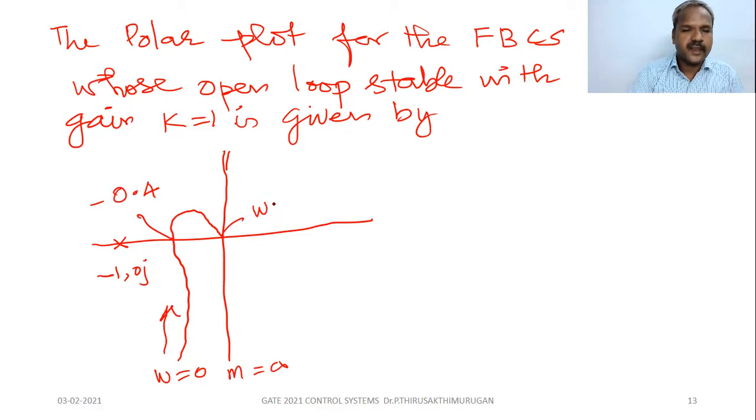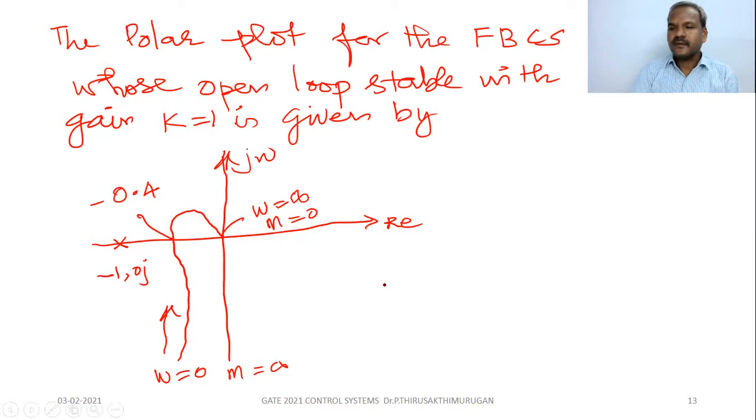So at this point, omega is infinity, magnitude is 0. So real, imaginary. Okay. So the question is, now if the value of k is doubled,